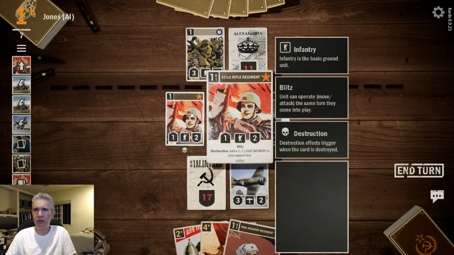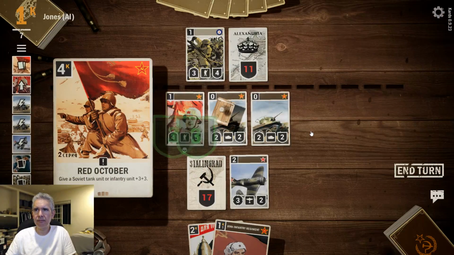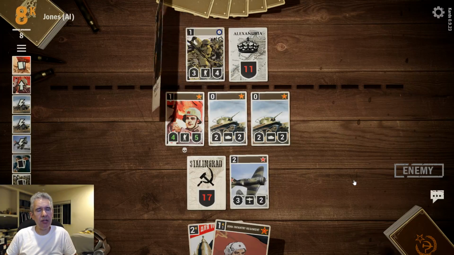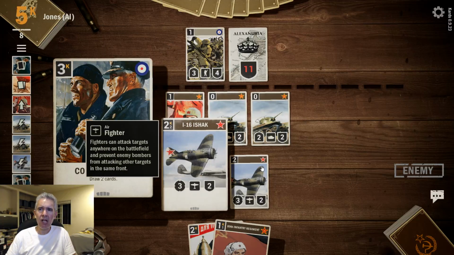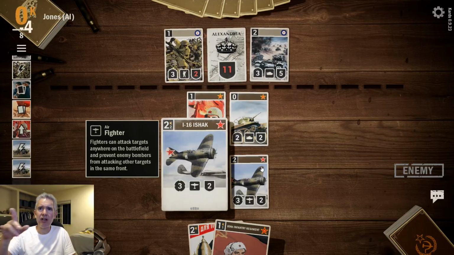Are any of these Soviets? Oh yeah, there is. Okay. Now that's become quite a formidable card. What makes planes unique? Well, planes are unique because they're ranged. Now, unlike artillery, they do take damage from attacking. So I say fighters can target anywhere in